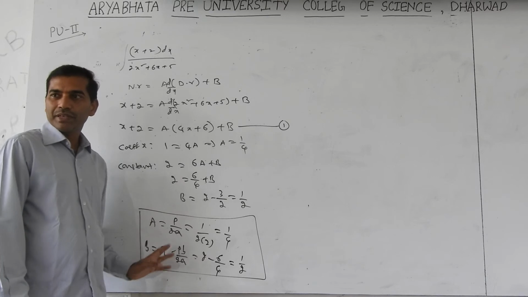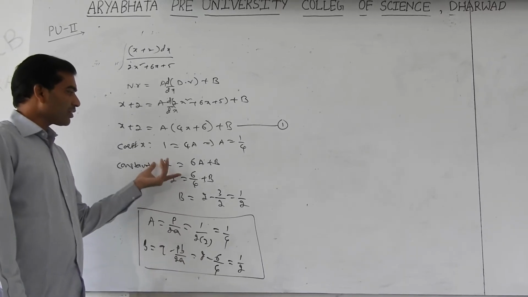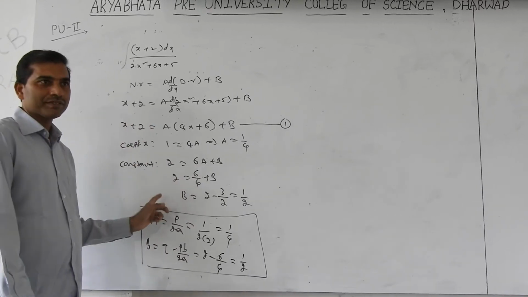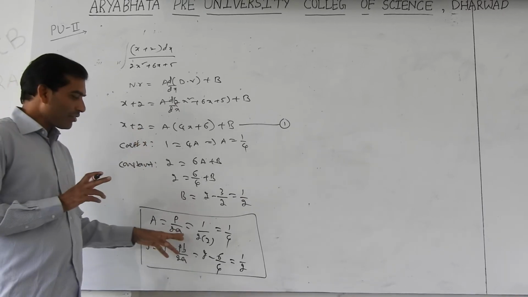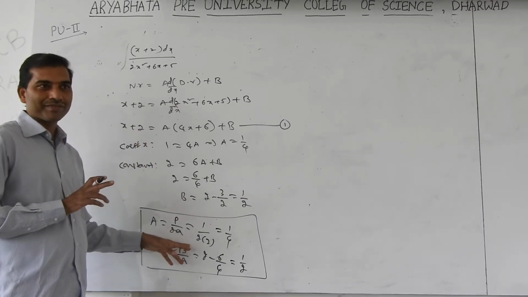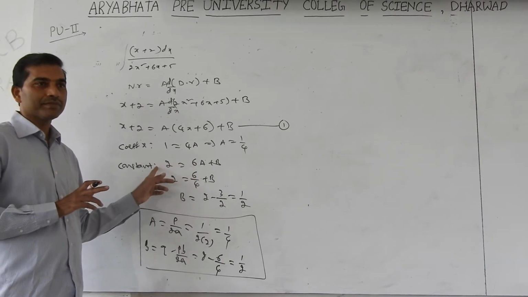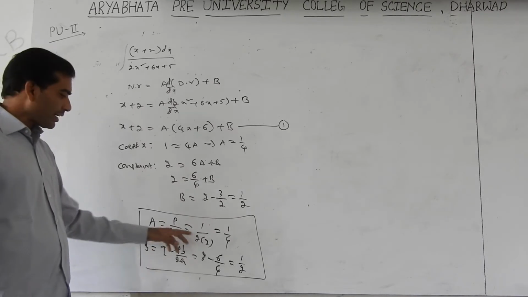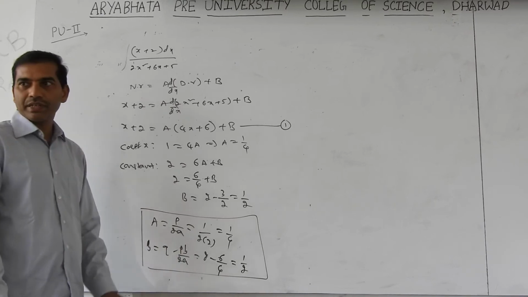A and B. My choice is not to use this; there is also not a lot of difference, just a 10 second difference. But you will be free. But you can't remember this lifelong, whereas comparing the coefficient of x and the constant you can remember. That is your wish. Anyway, you can write both ways and you will get the same thing. But by writing this, you should write the formula p by 2a and q minus p by 2a. Right?